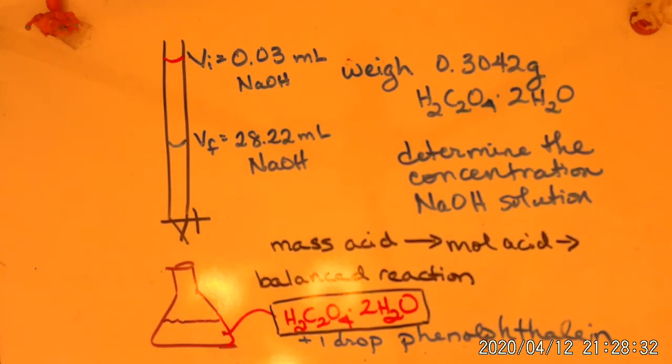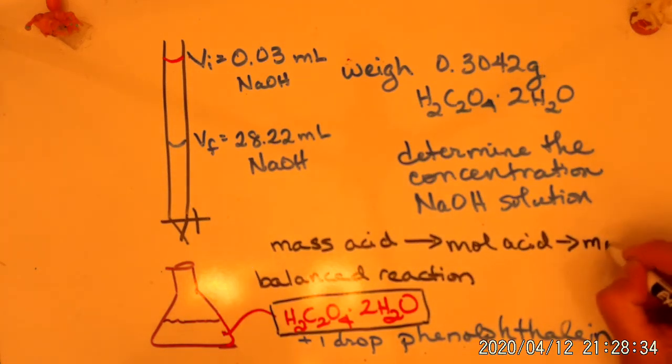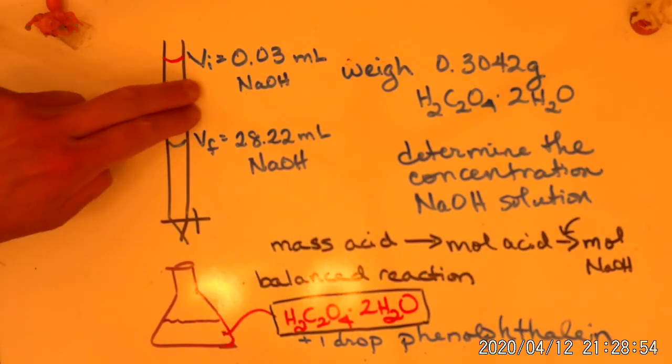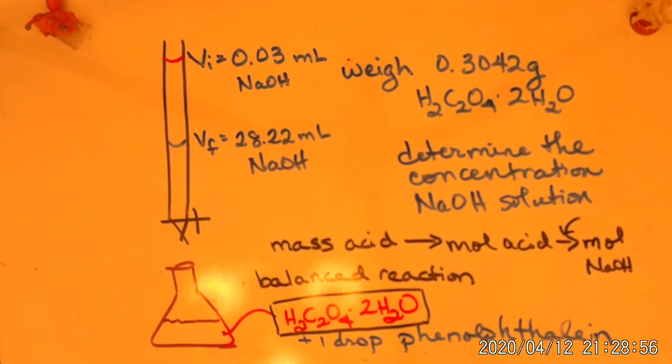Because then from here you need moles of sodium hydroxide. So here you're going to need your mole to mole ratio. And that's why you need your balanced reaction. Then, once you get your moles of sodium hydroxide, since you know the volume that you use is VF minus VI,